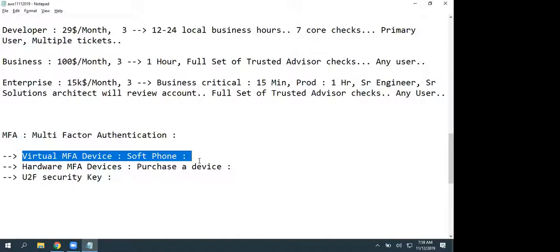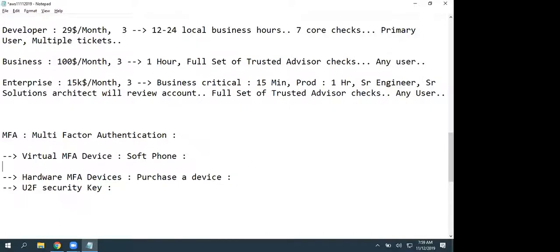If you want to make a call, you need to come down and take the phone from the locker, then only you can make the call. Otherwise, no options. So in that case, we cannot use smartphones. Then you can purchase that hardware device and use that. Based on the design and the look, the price is going to vary. So we are going to use virtual MFA in our session.